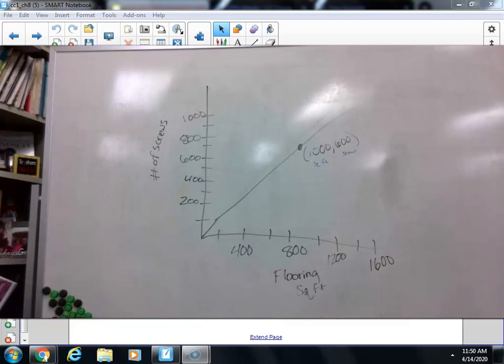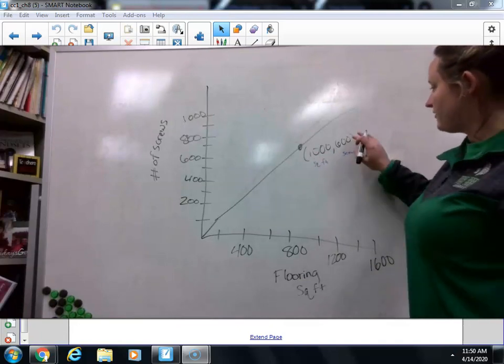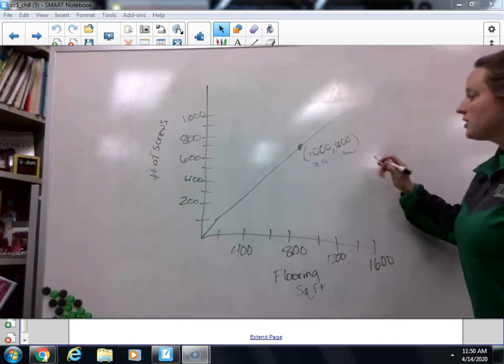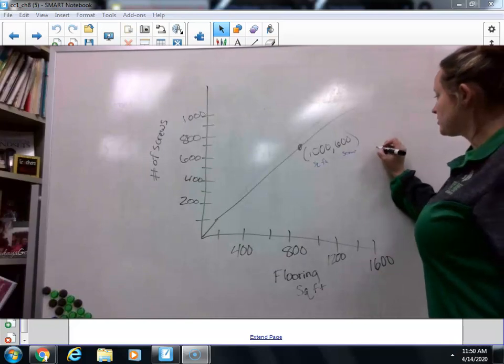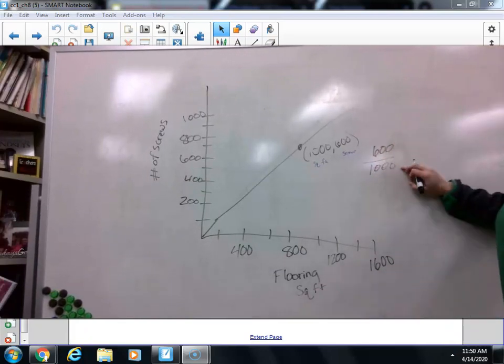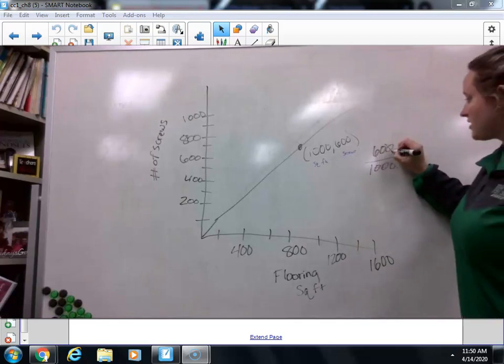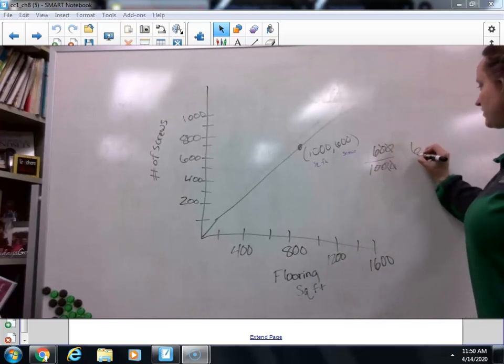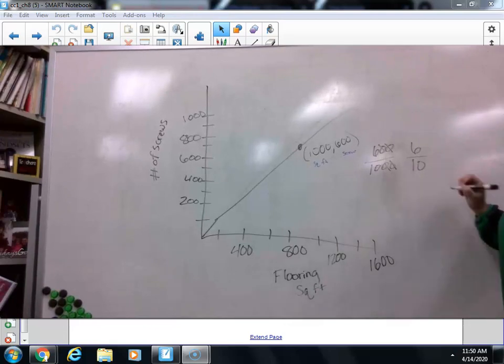Okay, so how to find our expression. We are looking at 1,000 square feet for every 600 screws. So we want to simplify this. You start with 600 over 1,000, so the number of screws to the square feet. And you could take off 2 zeros on each to leave you with 6 screws to every 10 square feet. So your expression could be 6 over 10